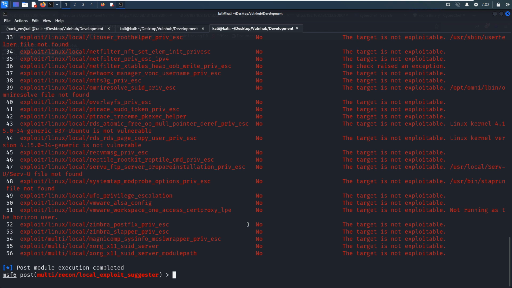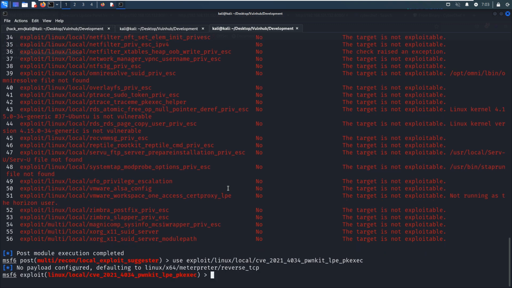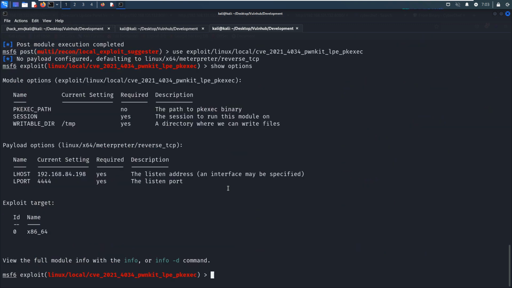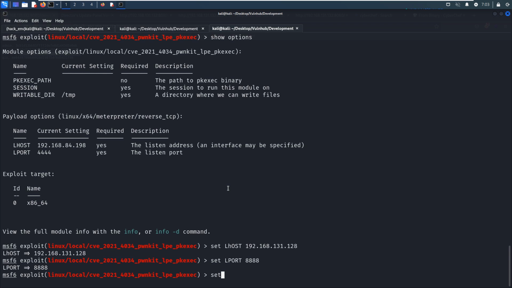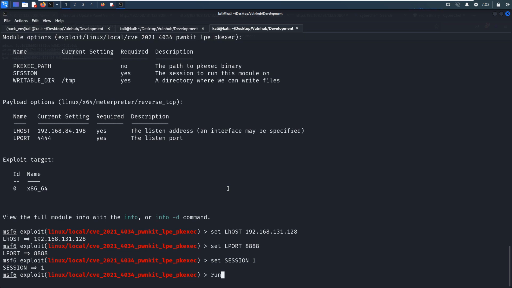All right, it's done. Then we can use this module. And we can show options. Again, set localhost to our Kali Linux. Set local port number to a different, unoccupied port number. Set the session number to 1. And then we can run it